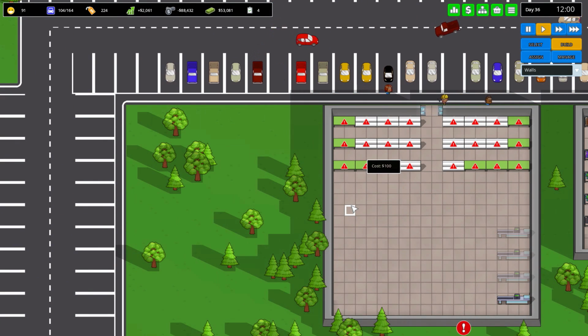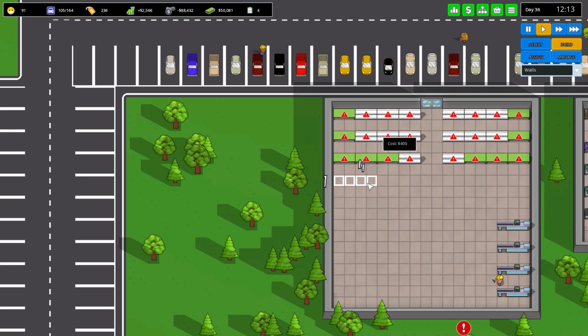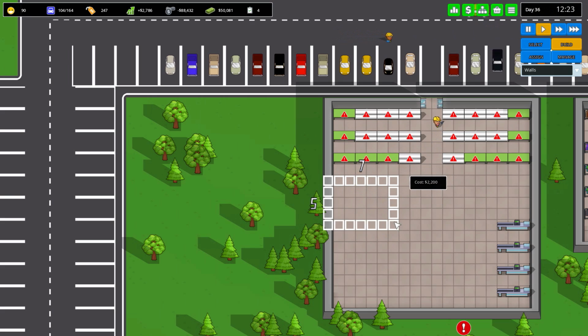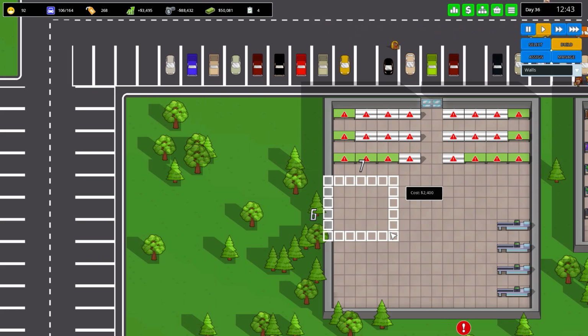Well, here's what I'll do. This might be a little bit silly. I'll do the loading dock over here, and they can just come in through this backside instead. So I'm going to leave this open just in case for future increases. So we could do something like... This is good. Do like a 7 by... No, that's actually clipping into the other line over here. That's no good. Because that would be like... How many people? Yeah, that would be clipping into the first line up top. Well...